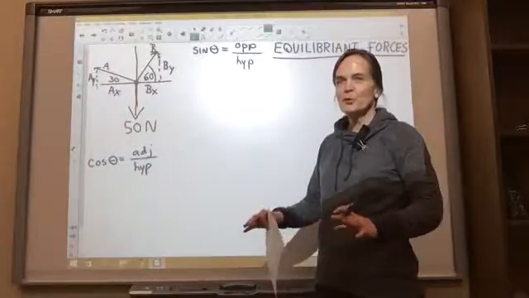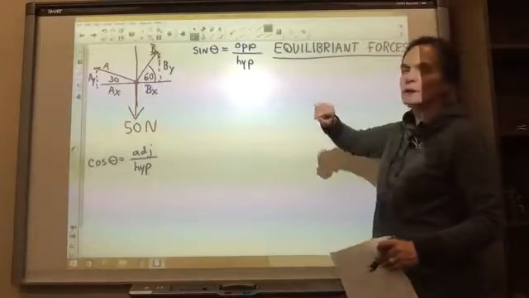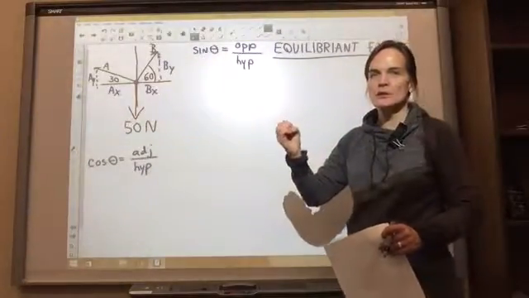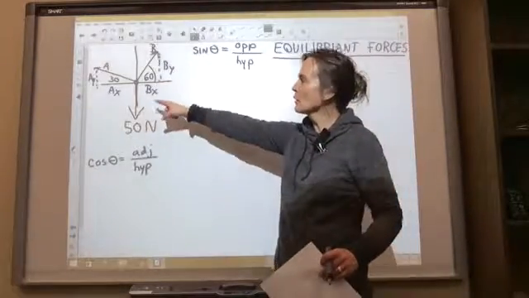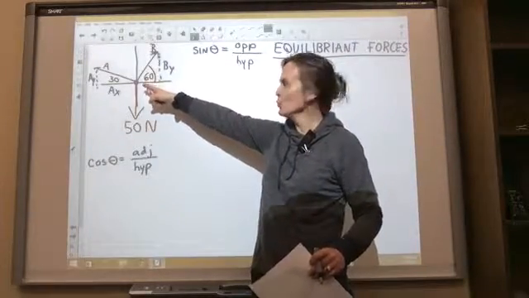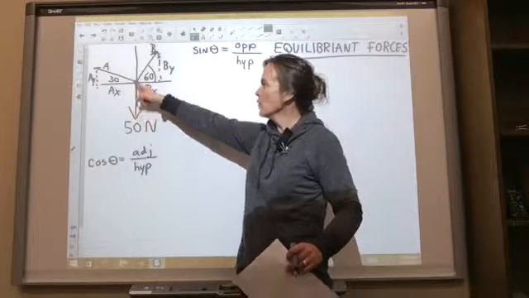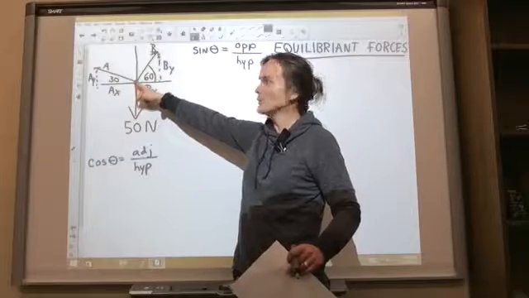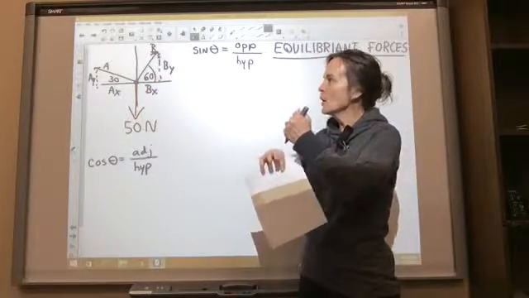Okay, so we're going to talk about equilibriant forces. We want to hold an item static or stationary. The problem that we're going to be doing is we have a 50 Newton weight that's hanging straight down, and if we want to hold it steady around this center point here, let's say it was on a rope hanging down